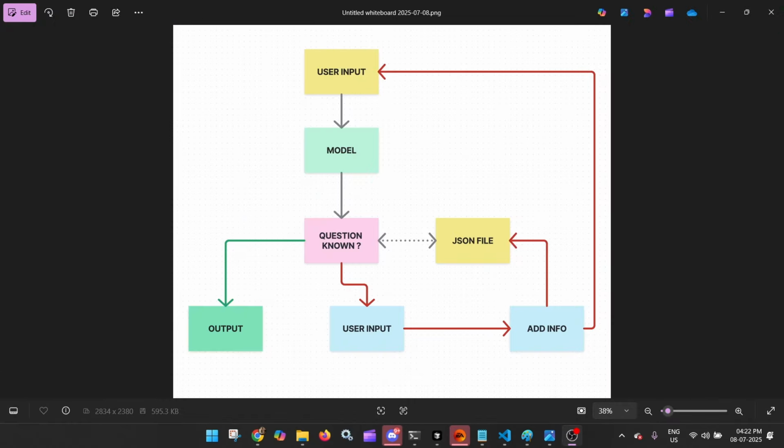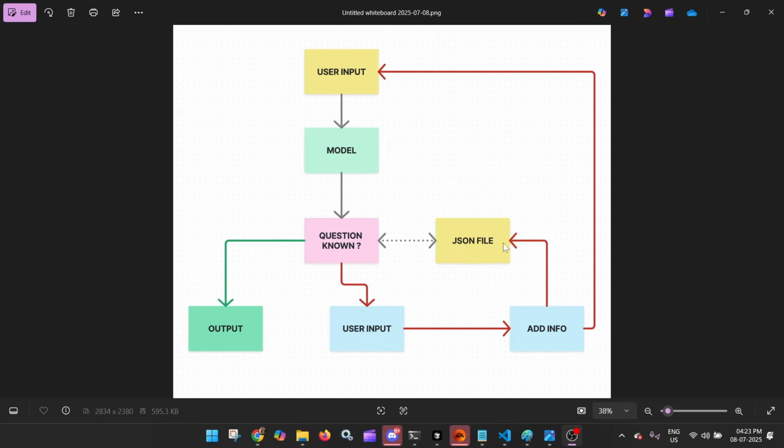First of all, we need to understand how this AI agent will work. I am making a beginner-friendly AI agent, so we will upgrade this step by step. This is the first phase. We will take a user input and feed it into the transformer, meaning the model. Then the model checks whether the inputted data from the user is known to the model or not. And if it is known to the model and it has the answer, it will directly take the answer